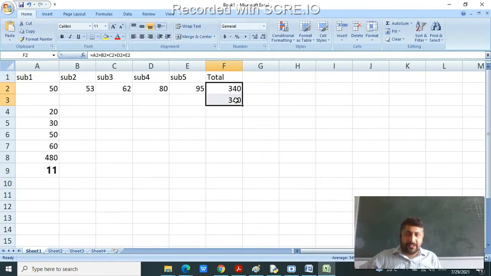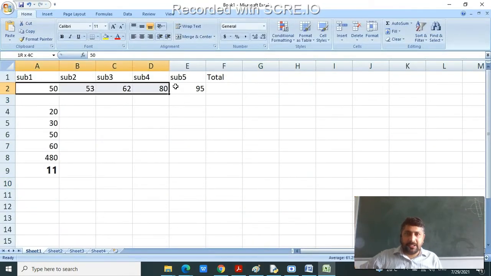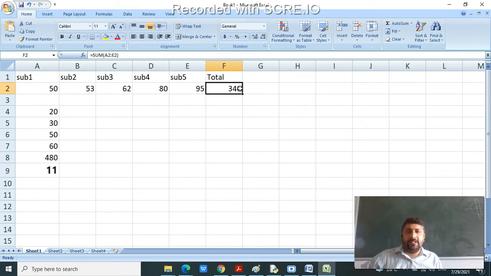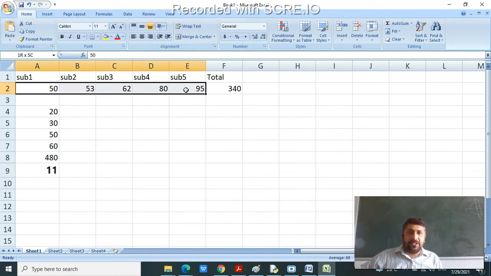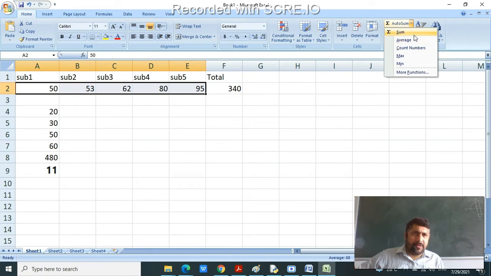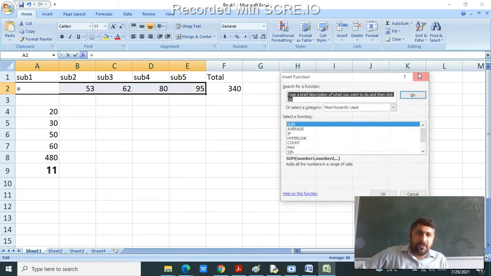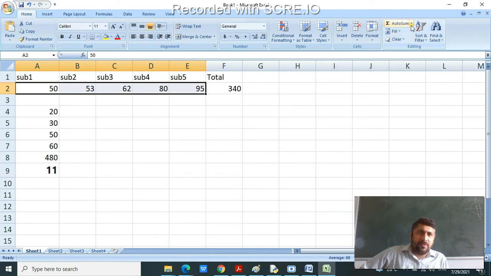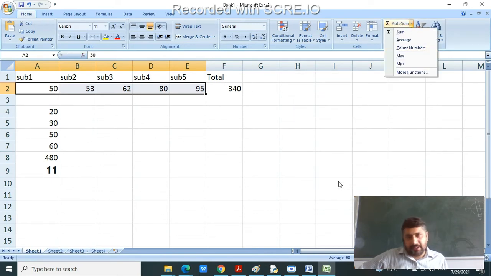Suppose we have these numbers and we want to add all of them. Then we can go over here to this option, AutoSum, and click on it, and it will automatically sum all the numbers in this range. There are also average and count numbers, max, min, and even more functions if you want to use them. You can see over here average, if, hyperlink, count, max. So there are many functions which we can apply automatically on the range of numbers.